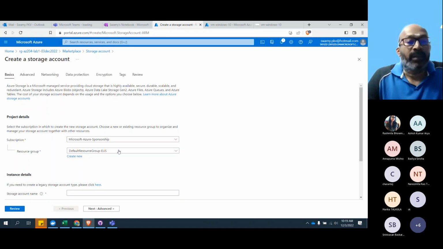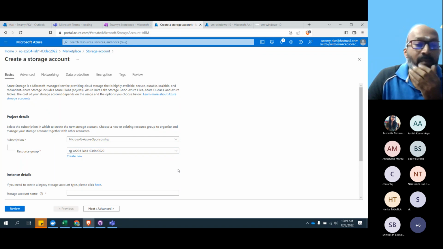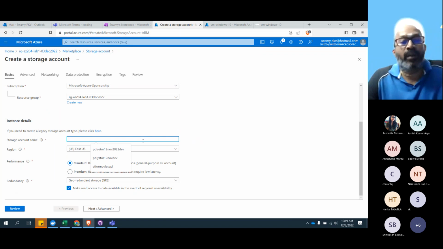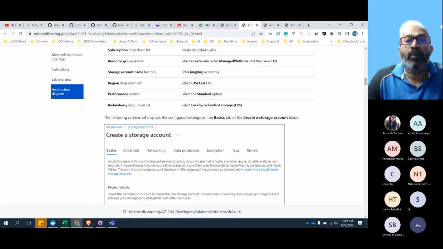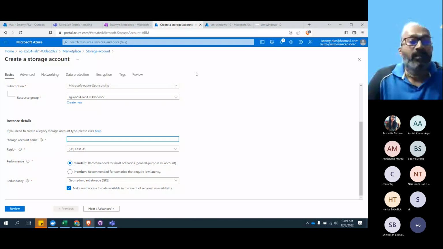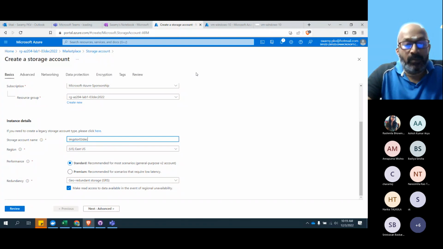The next thing we will do is select the lab, today's lab, and the storage account name. Let's use this and add our own date. Okay, storage account, 3rd December 2022.